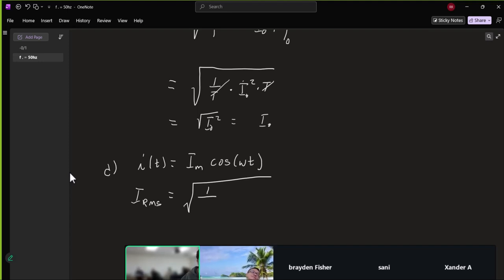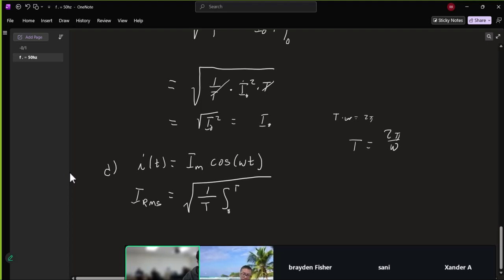Because it's 2 pi f, 1 over T, so isolating, omega over 2 pi. I know that the period is 1 over f, and omega equals 2 pi f. So the period is 2 pi over omega. So this is 1 over, but I'm just going to put T here. But I will say here, period is 2 pi over omega. So 1 over T times the integral